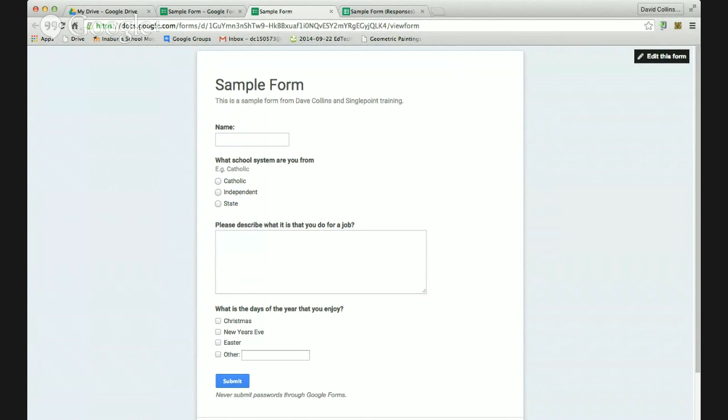So rather than a really long address, I have a short one. So I'm going to go copy now. I'm going to come over here into the chat window and I'm going to paste that in. That's now appeared in the chat, and if you would like to go and have a go at entering some data into that form, if you've got a device handy, can you give that a go? Obviously for a class, it's a very handy thing just to show that on the board, the shortcut that's come up. And also note that the URL shortener that I